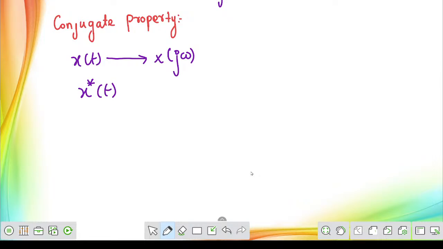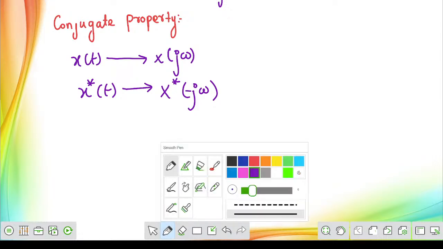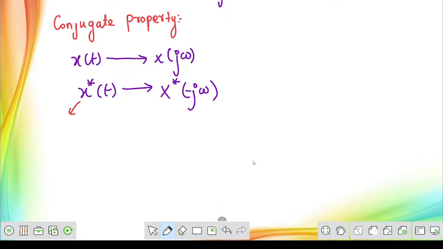You can apply the same property, sir. In Fourier series also we saw the same. Two things will happen. One is, while taking the conjugate, we must take x conjugate under the signature, that is, the sign of frequency will also change. So x conjugate of minus j omega. But if it is given that the signal is a real signal, if it is mentioned that x of t is a real signal,